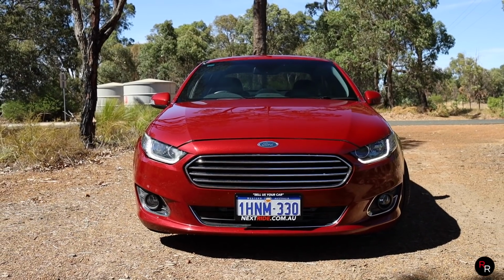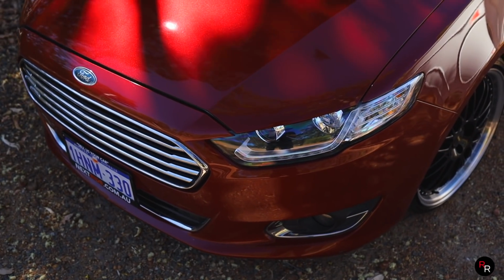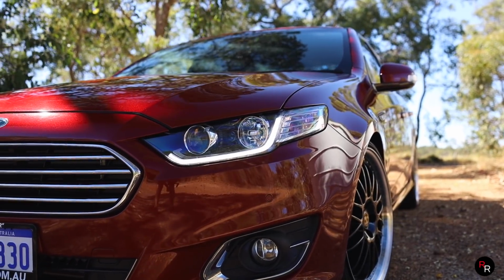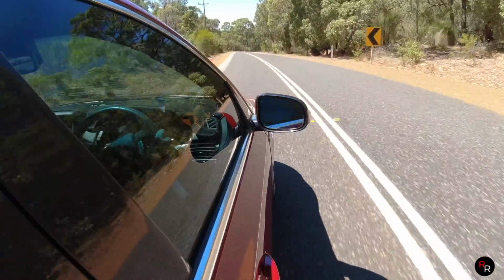The front end is totally different. It's got that new gen Ford kind of look about it. I actually really do like the headlights on it. Those daytime running lights, they are kind of aggressive. They are mean. Now, when we get into some of these corners here, look, this thing does have lowering springs